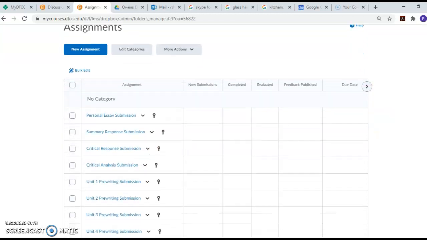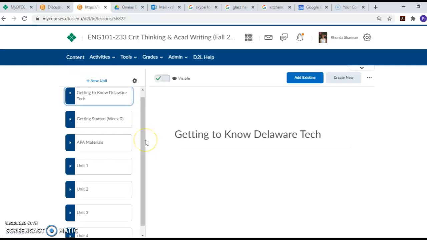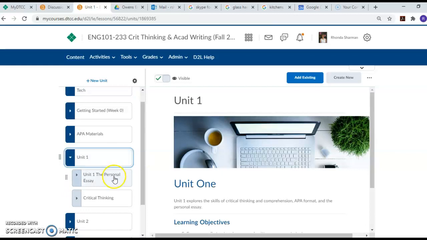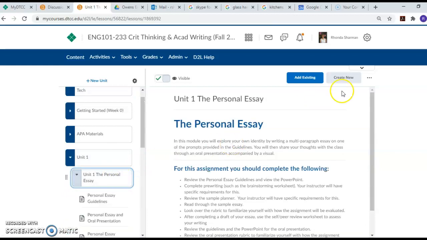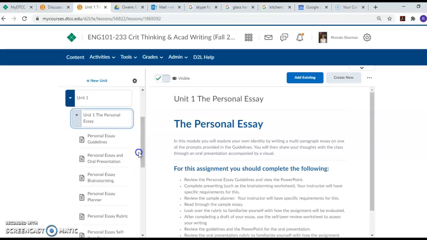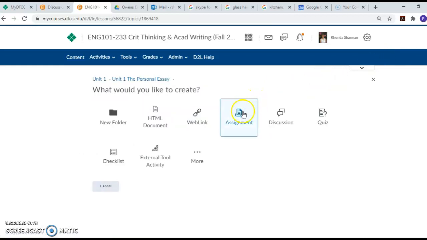Now, none of the pre-writing is there, so you're going to have to add those. To do that, go to Content and go to the spot where you want it. So here's Unit 1, Personal Essay, and I would do it right in this look rather than the one we use for our other classes. It works pretty well. What I do is click on the guidelines so you're sure to be inside the personal essay. Then you go to Create New, Assignment,